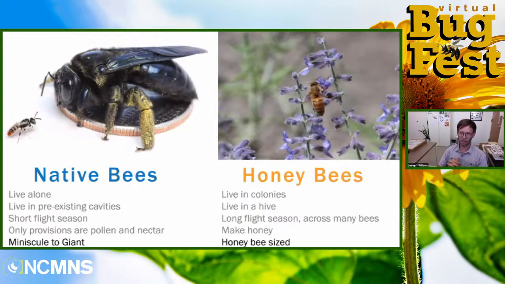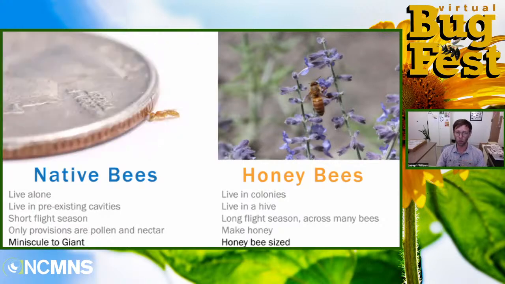Last thing I want to point out is the size differences. Honeybees are all roughly the same size. I call them honeybee sized. Native bees come in a wide variety of sizes. This is a large carpenter bee sitting on a quarter on the left. So you can imagine how big that is if you can envision a quarter in your mind. Next to that large carpenter bee, we have a fairy bee. And as you can see, fairy bees are pretty small. And that fairy bee there is actually a kind of a medium-sized or large fairy bee. The smallest bee in North America is probably the smallest bee in the world.